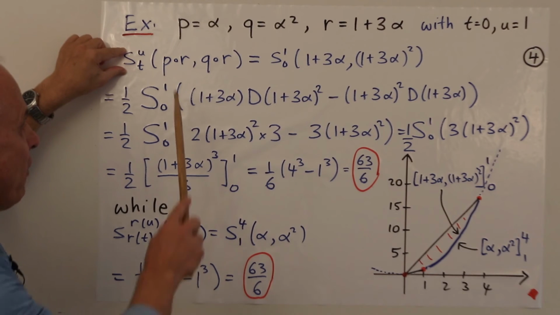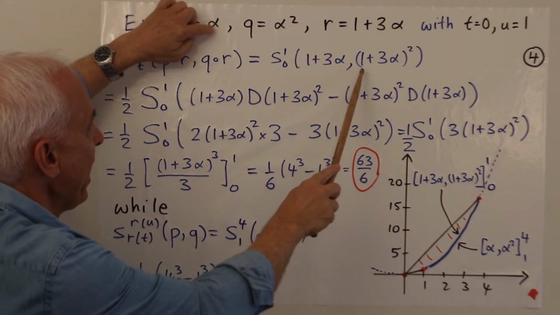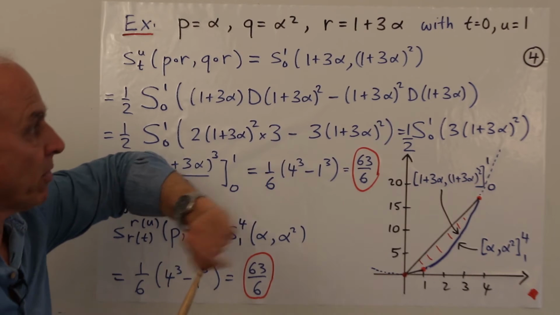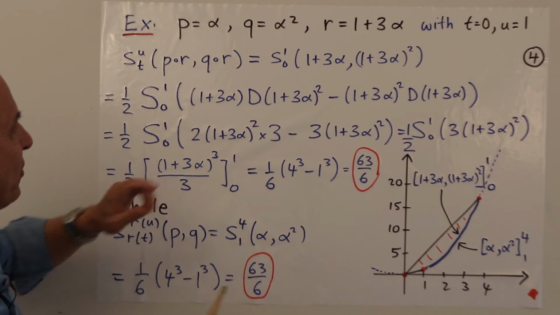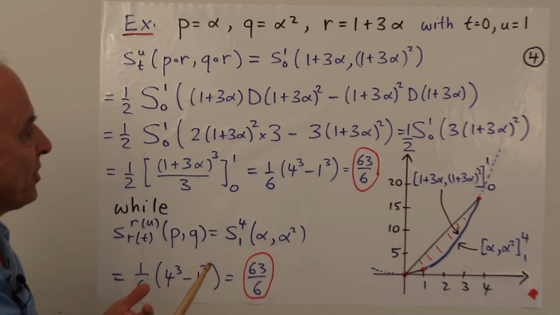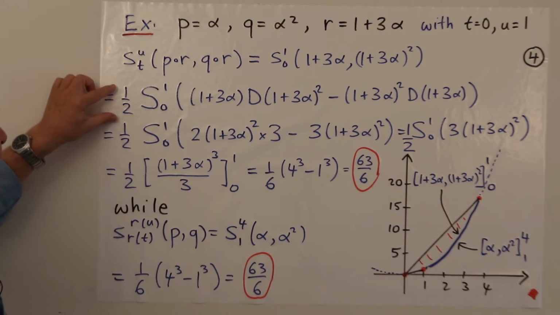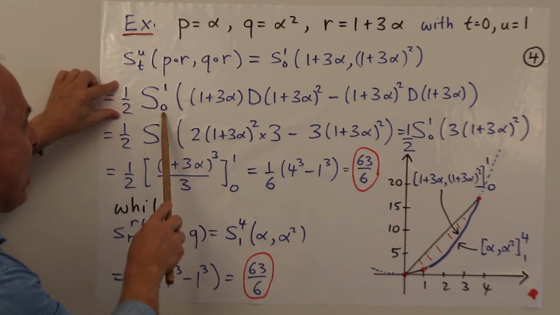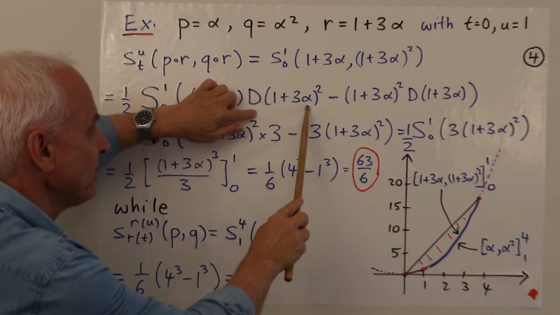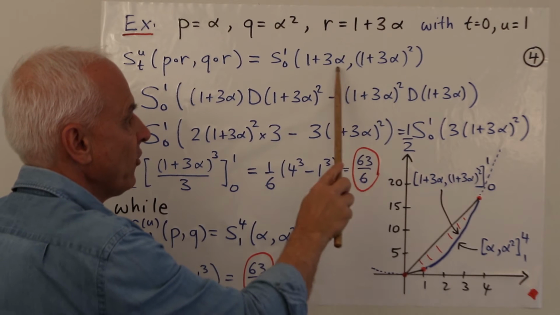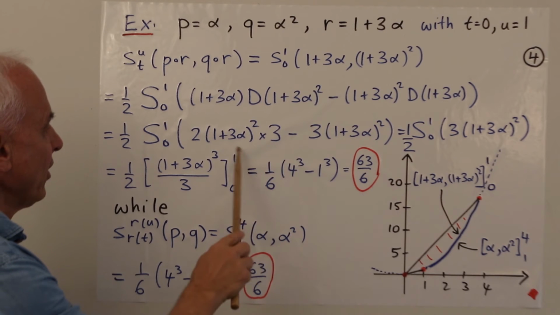Signed area from t to u of p circle r, q circle r. So the compositions are 1 plus 3 alpha and 1 plus 3 alpha squared. Okay, we're composing 1 plus 3 alpha with both of these. Okay, so this is a signed area. We know how to compute that. We can use the fundamental theorem of algebraic calculus, saying that we can calculate it by 1/2 of the Faulhaber integral from 0 to 1 of the first term times the derivative of the second minus the second times the derivative of the first. Okay, the derivative of 1 plus 3 alpha squared is,